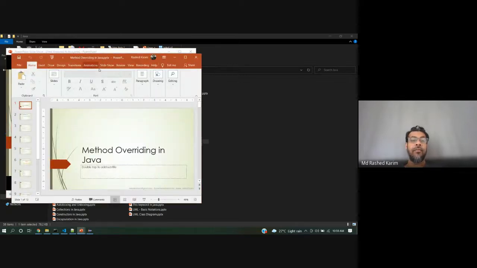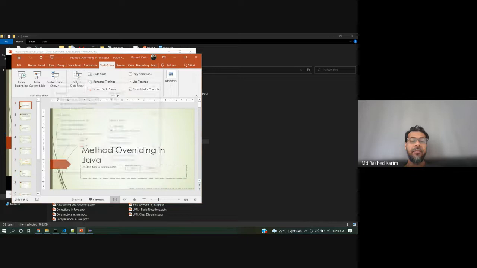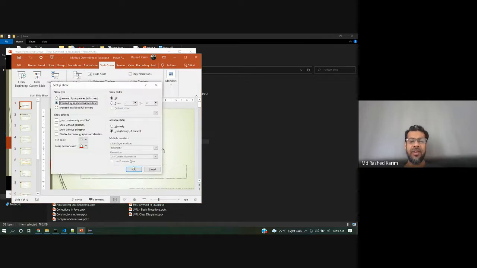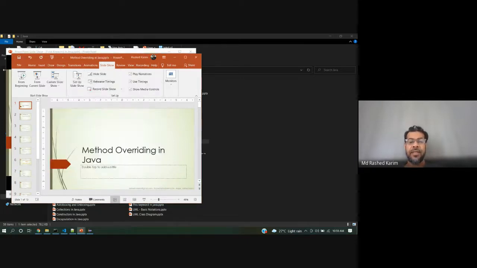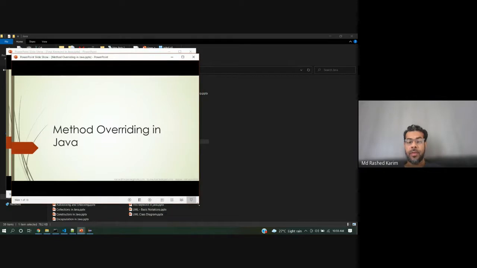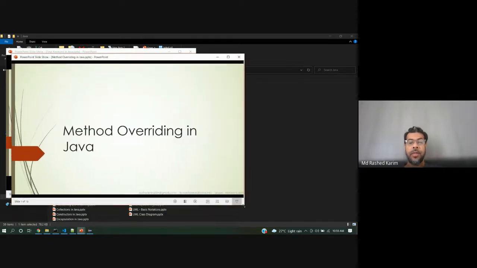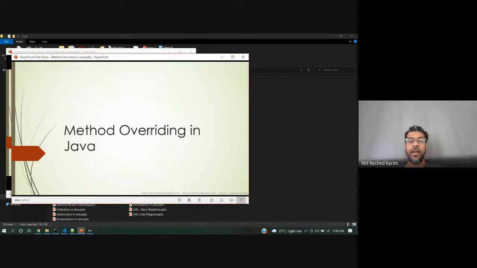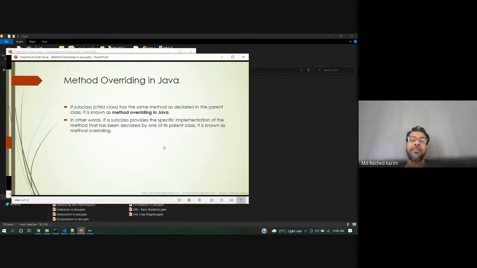Now method overriding is the same, but dynamic, only dynamic, okay? That's why I am talking about this one. It's method overriding. The subclass, like the child class, has the same method as declared in the parent class.